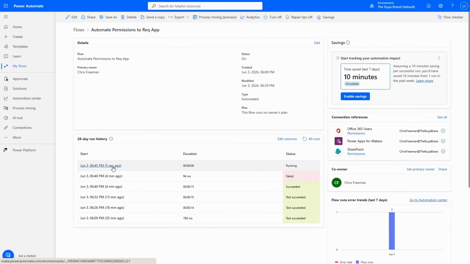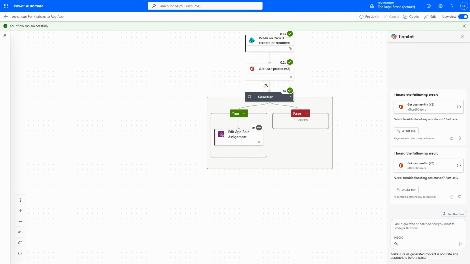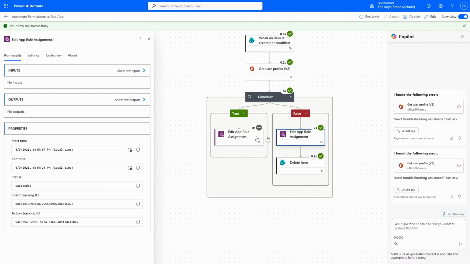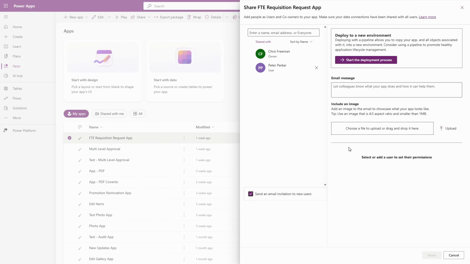For Johnny, I'm going to change his access from access to delete, exit grid view, and you'll see, oop, here we go. 5 seconds ago, this flow was running. And what happened is we set Johnny's status to delete. So under the false section, we deleted out his permissions and then we deleted out the item altogether, which now as I refresh the page on Microsoft Lists, he is no longer there